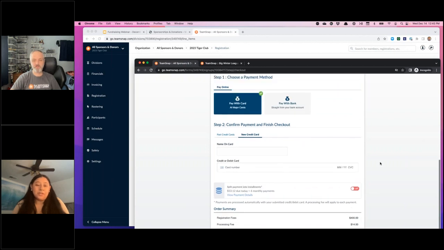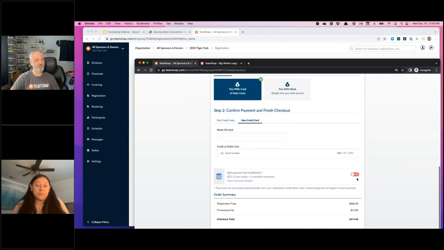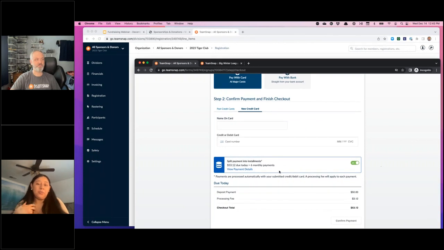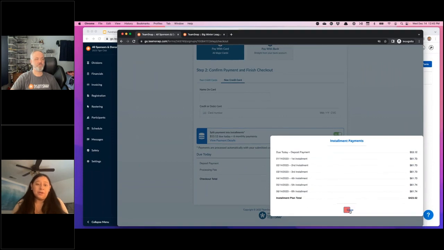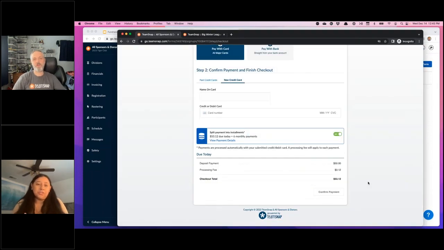You can even split it into payments. So even if they have the opportunity to say, hey, I want a monthly membership type of thing, you can still split that into payments. I know a lot of people think the membership is not an option. It is an option. We can definitely make that an option through the TeamSnap registration by using the installment payments, to make that bigger donation a little bit easier, more consumable, by doing that on a monthly basis. Correct. That makes a lot of sense.